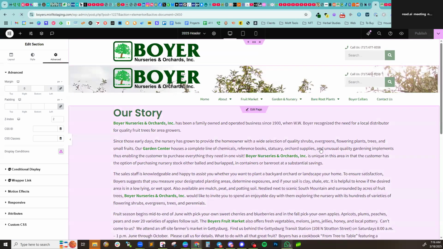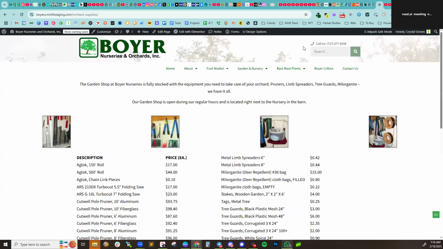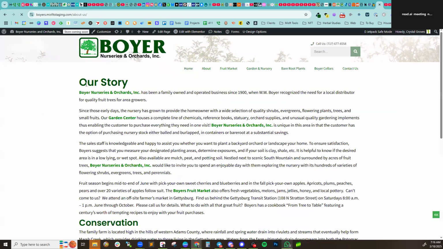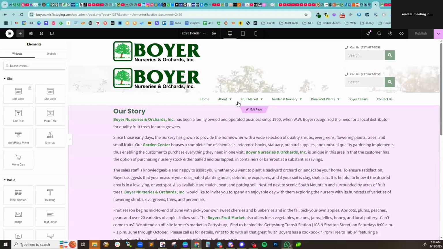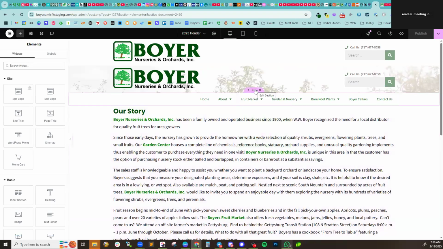Let's refresh this because this is updated. And I thought about adding a little bit of spacing. I think I will, because there's just very little space between the menu and then the start of the section. So I think I'm going to add a little bit of space here. And the way I'm going to do that,